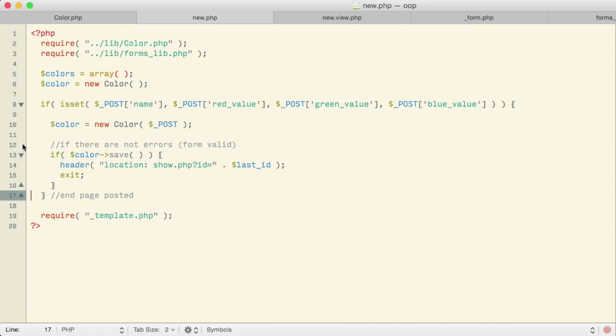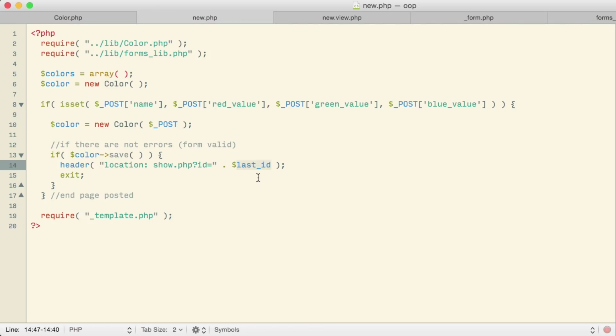So on the new page, it should be returning true or false from save, and then redirecting me over to the show page. I have a suspicion here, I could be wrong, that save is returning true, that it is redirecting me to the show page, but maybe, oh yeah, look, last ID. There is no last ID anymore, is there? I think what was happening is last ID didn't exist, so when we redirected to the show page, there was no valid ID. So then it was the show page that was redirecting us to index.